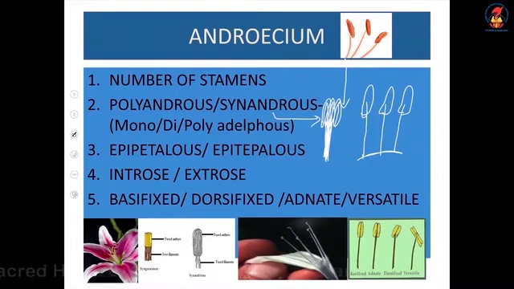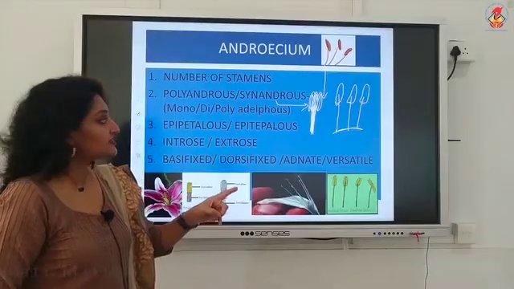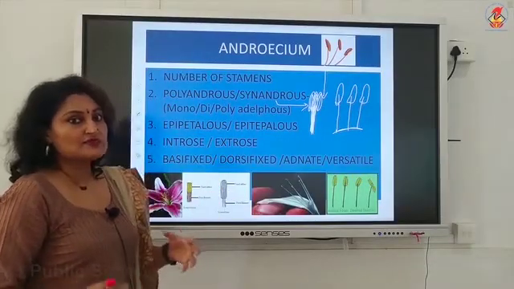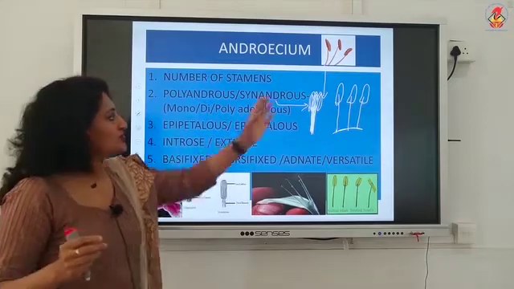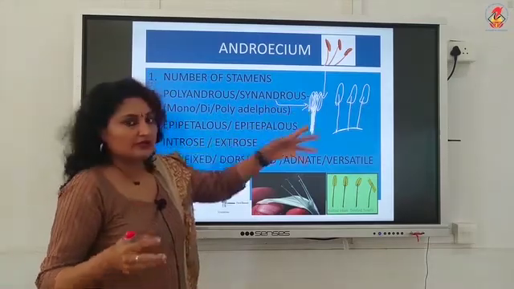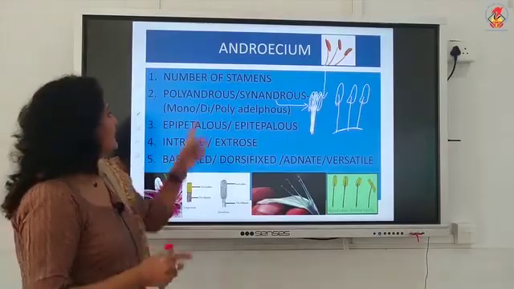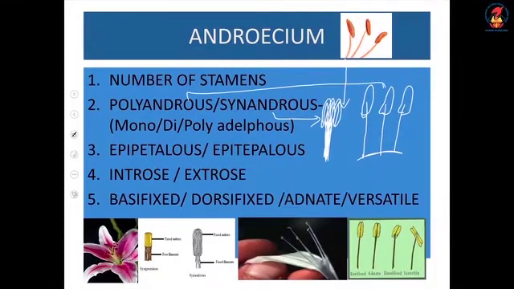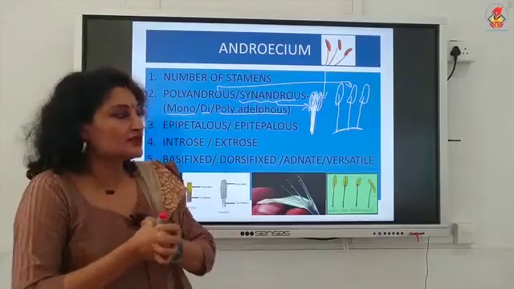So what is synandrous? There we use gamo, now the term changes. Synandrous means fused stamens. They are fused by the anther and by the filament. They are completely fused into a bundle. Whereas poly goes by the same word. Poly means free. Here you can see the stamens are free. Now when it is coming under synandrous, we are having 3 options: monoadelphous, diadelphous and polyadelphous. So once again, when it's coming under synandrous, you have to verify into how many bundles they are clubbed. In one bundle,